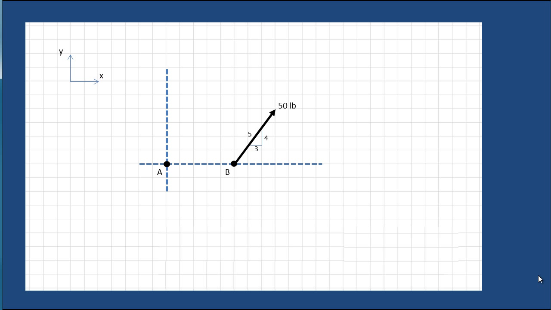We will begin our solution process by first determining the xy components of the force vector. Since we are working with a 3, 4, 5 triangle, these components can be readily determined to be a 40-pound force in the positive y direction and a 30-pound force in the positive x direction. This pair of Cartesian vectors forms an equivalent force system that can now be used to replace the original 50-pound force. The next step in the process is to determine the moment arm of each of these forces with respect